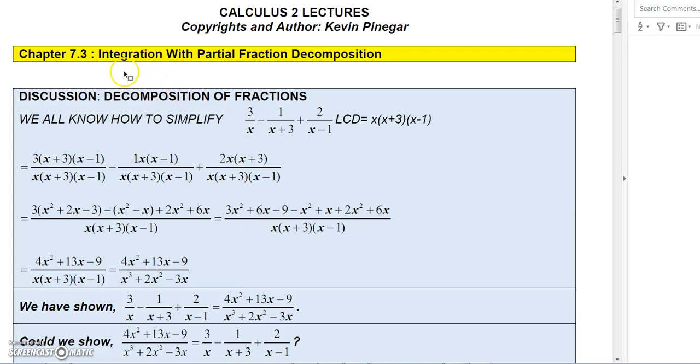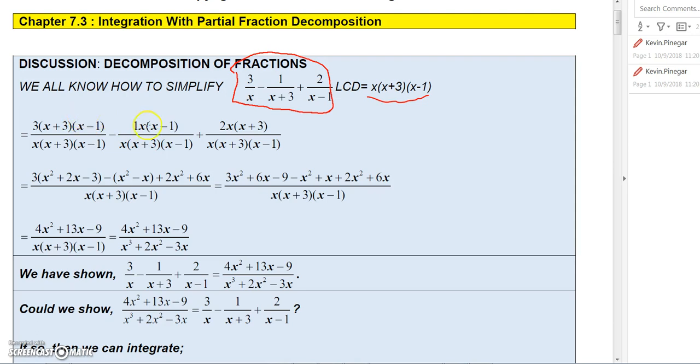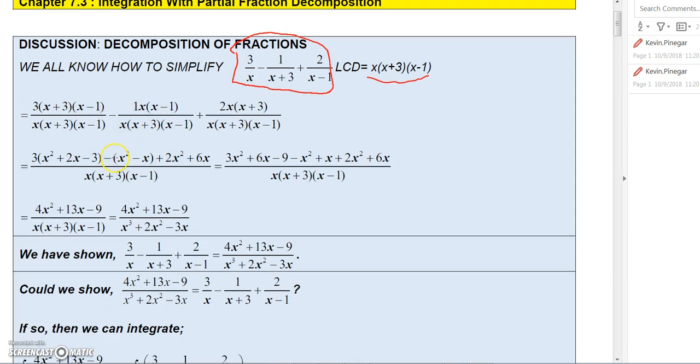Okay, before we start talking about integration with partial fraction decomposition, let me talk to you a little bit about some fractions. We all know that if we wanted to combine these three fractions here, we'd need a common denominator. The lowest common denominator here would be the product of the three denominators, x times x plus 3 and x minus 1. And I won't bore you with going through how I got a common denominator and combined them, but